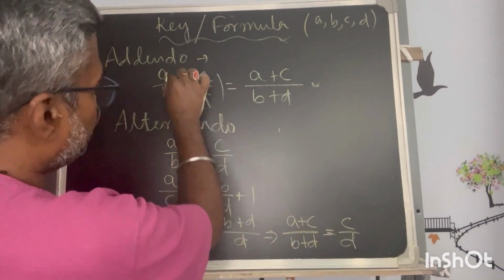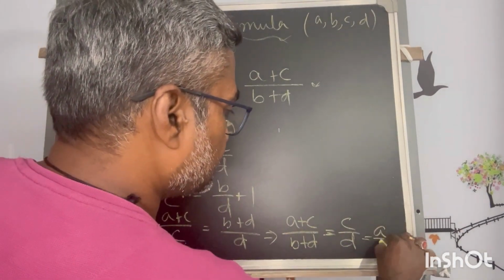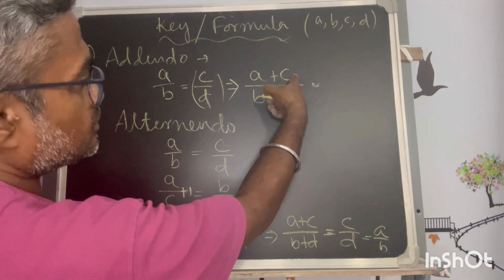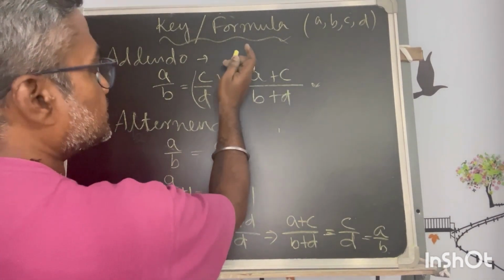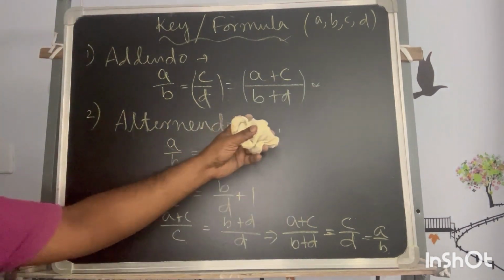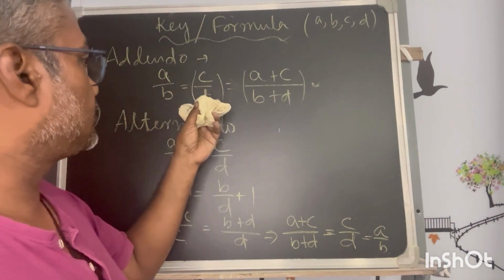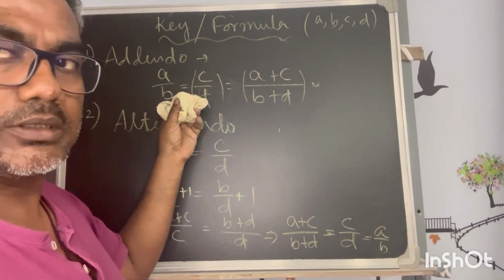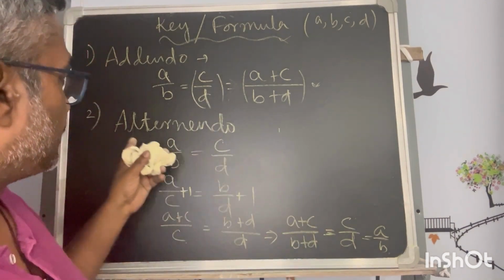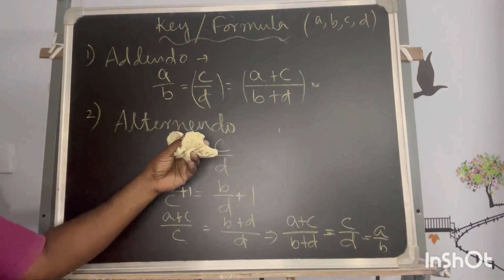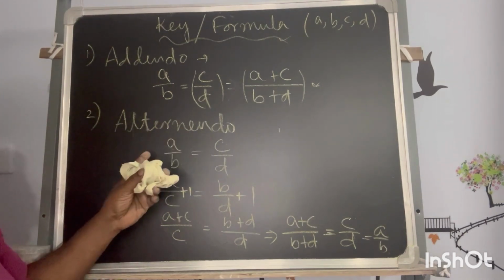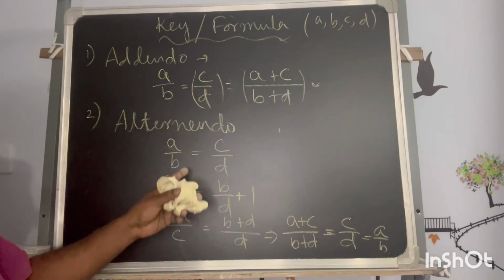So now A by B is equal to C by D, that is equal to A by B also you can write, because C by D is equal to A by B as per the original. This implies this also will be equal. This is the derivation. If these are equal, this also is equal to this ratio. So that I have proved, taking the help of the other characteristic of this ratio, that is alternendo, where I am replacing the position and getting this new relation